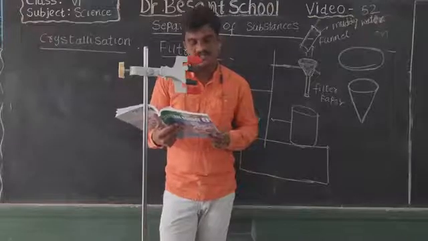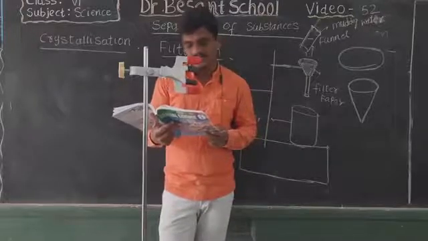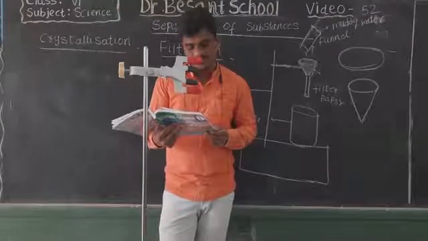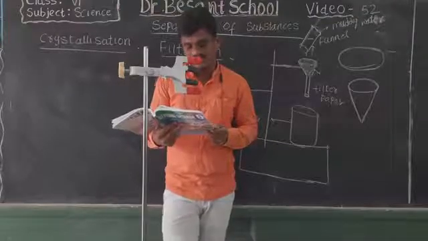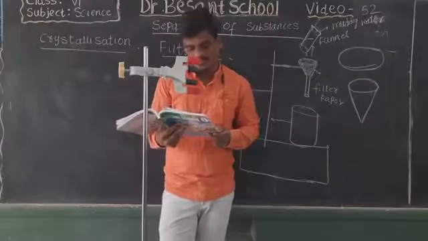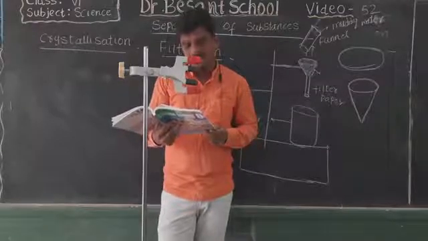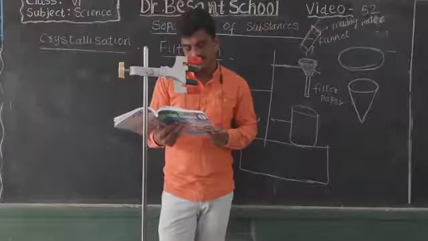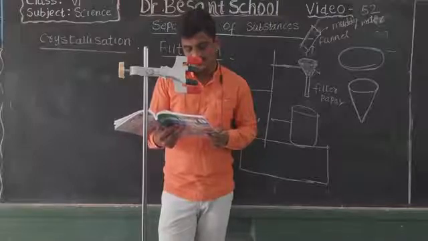Stir the solution with a glass rod. Continue heating until all the water in the beaker has evaporated. Finally, you will observe crystals of salt remain in the beaker. Salt can be separated from salt water by crystallization. Some dissolved substances can be separated from liquids by heating. On heating, water evaporates and dissolved substances will form their crystals. This method of separation is known as